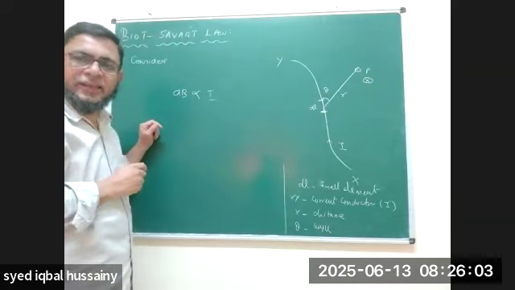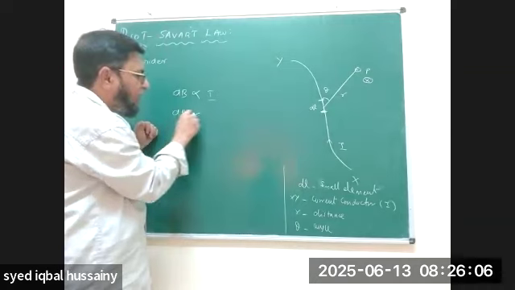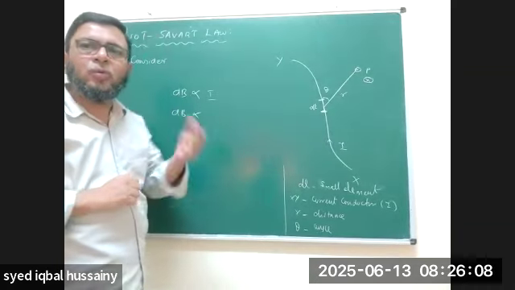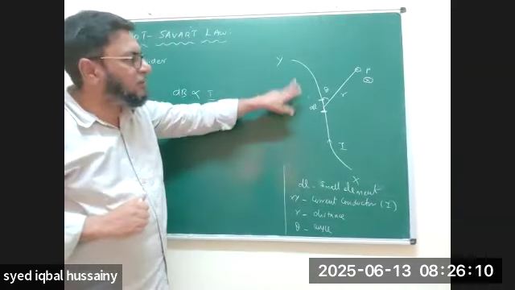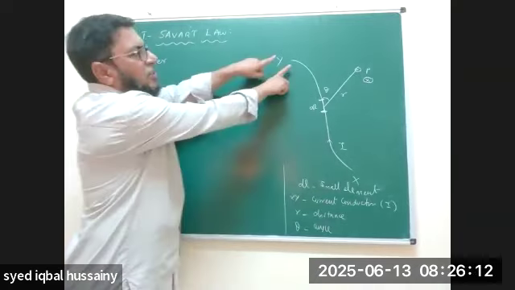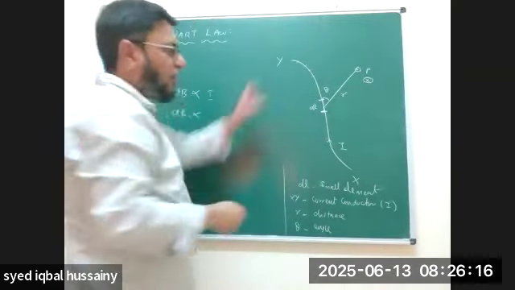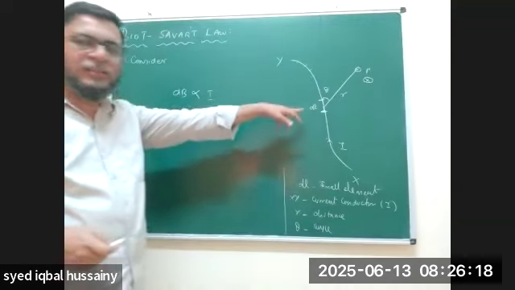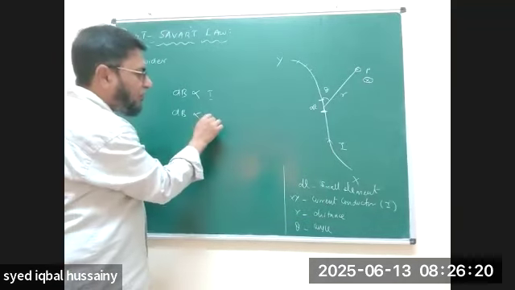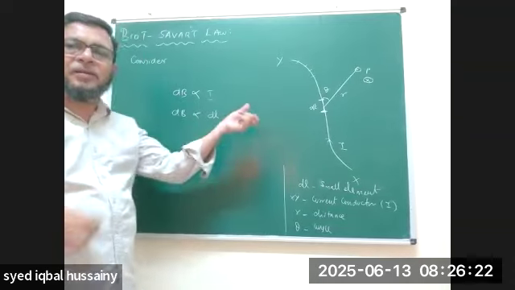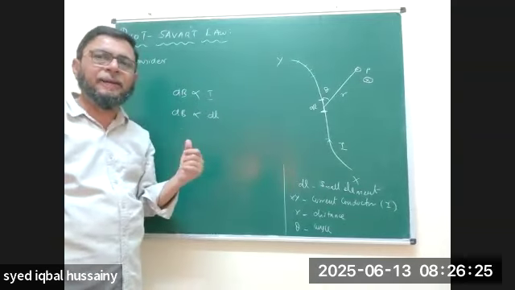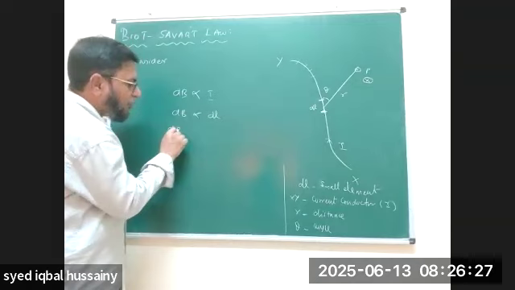Second factor: the magnetic field is directly proportional to the element you consider. The entire length you can divide into a smallest element dl. So dB is directly proportional to the length of the element dl. Then dB is directly proportional to